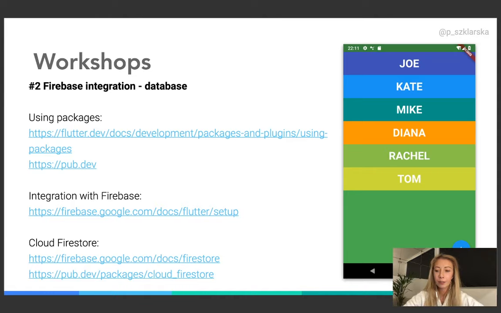And some of the plugins that we're going to use, for example, this for Firebase, also use native Android and iOS code to make this integration. So when you would like to use some kind of package, the first thing that you need to do is to